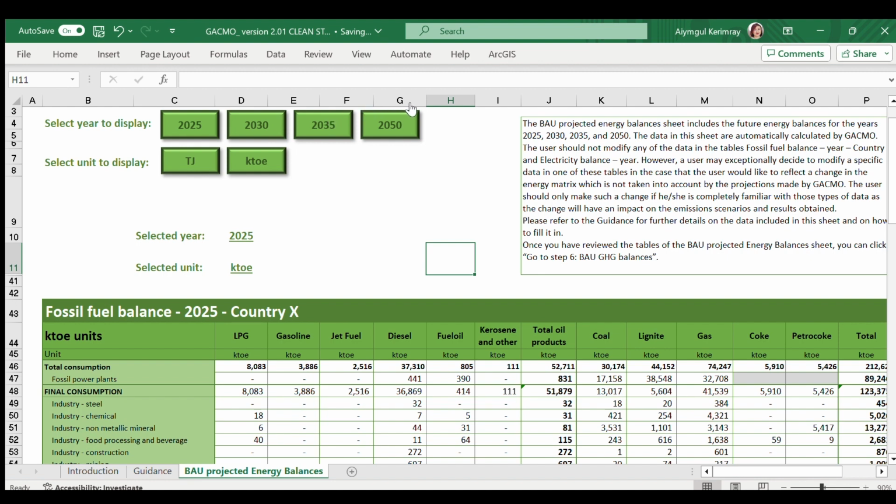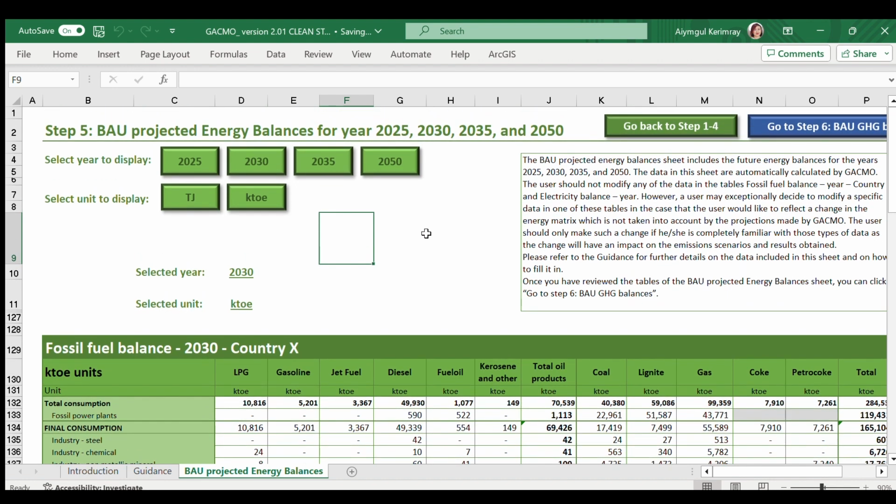For example, if the user clicks on the button 2030, the GASMO tool will show the values of the energy balance in the business as usual scenario for 2030. The user can change the units of the energy balance by clicking on one of those two green buttons, terajoules or kilotons of oil equivalent.